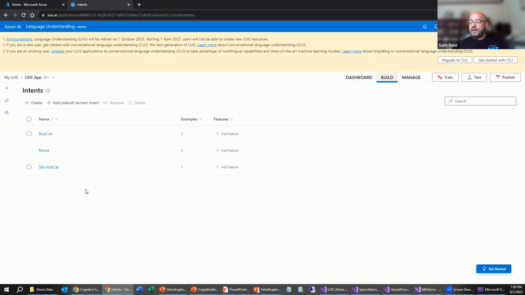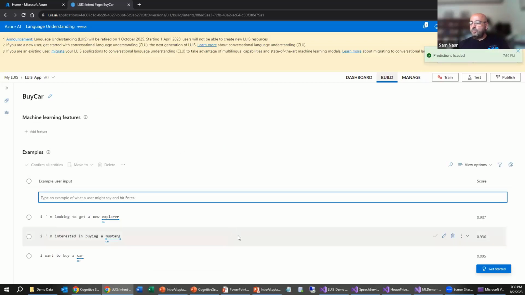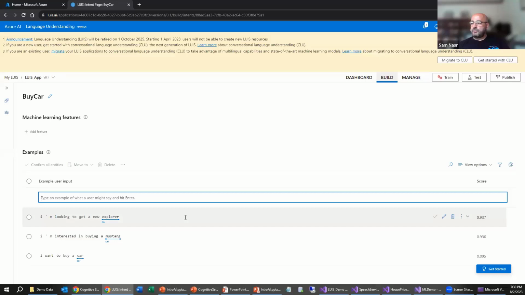And so I would log into this portal, set it up on the different intents, and I would train it. So for example, one intent is for a user to buy a car. So if I click on this intent for buy car, what I did was I set it up with three different phrases or utterances. I'm looking to get a new Explorer.